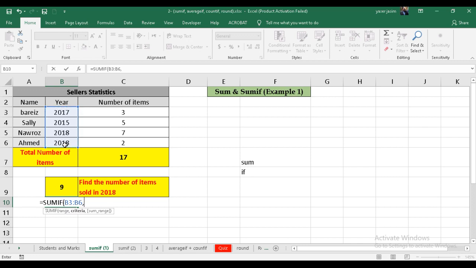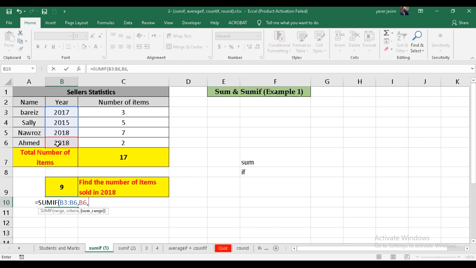Now what do we have? A criteria. 2018 is our criteria. We have two kinds of type. We can do double quotes 2018 and like this, but I prefer to do it by cell reference. 2018 our criteria, so click here on 2018,